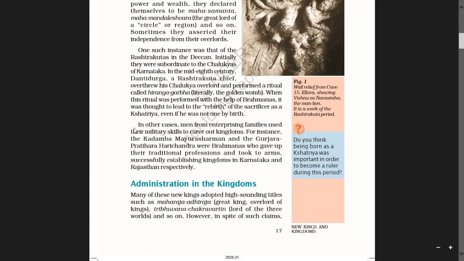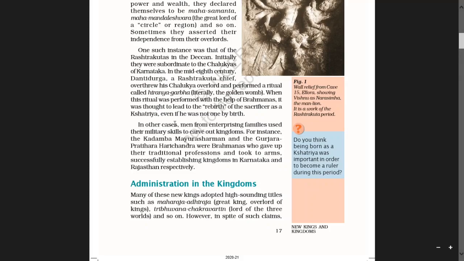Even if he was not one by birth, that means that person is not a Kshatriya from his birth, but with the help of these rituals, the sacrificer himself used to convert into a Kshatriya.